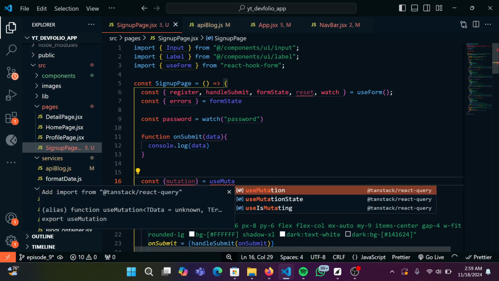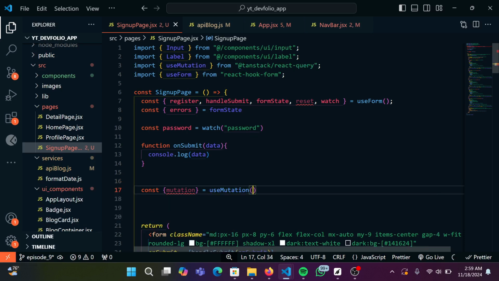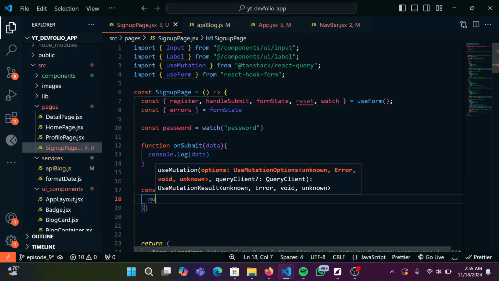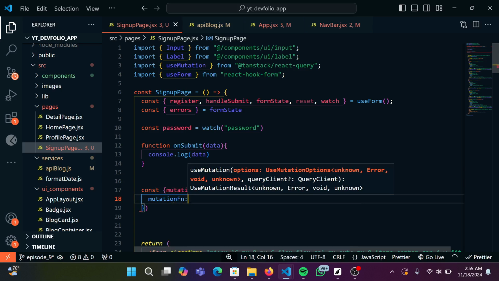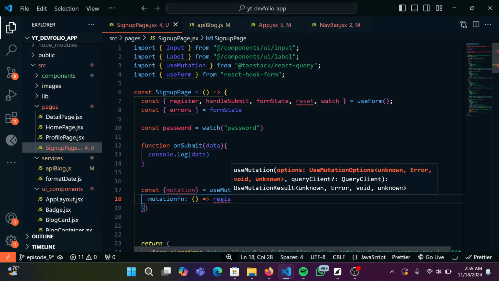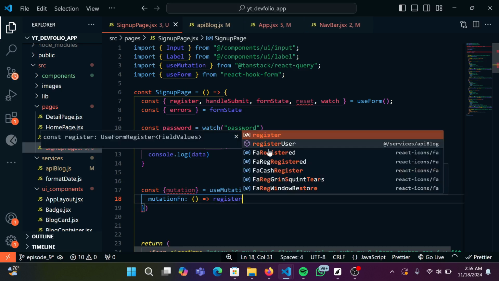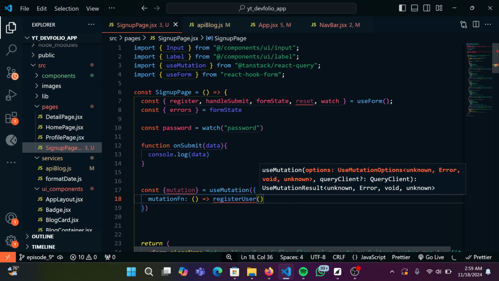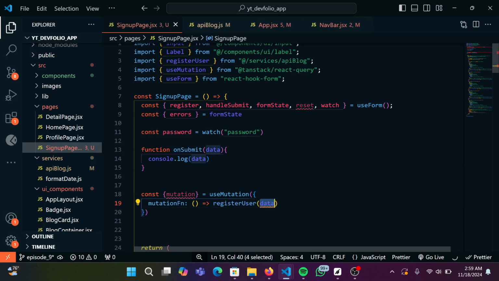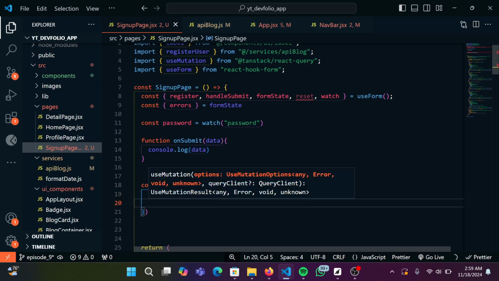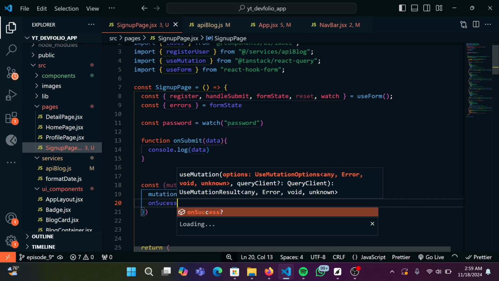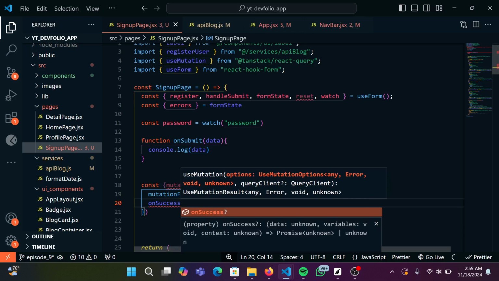Previously we used useQuery. Right now we're using useMutation. I'm going to say mutationFn should be equal to registerUser, the name of our function. Right now we're expecting data to be passed to it, so you can also pass that data here. Then we're going to say onSuccess, if everything goes well, I want to simply